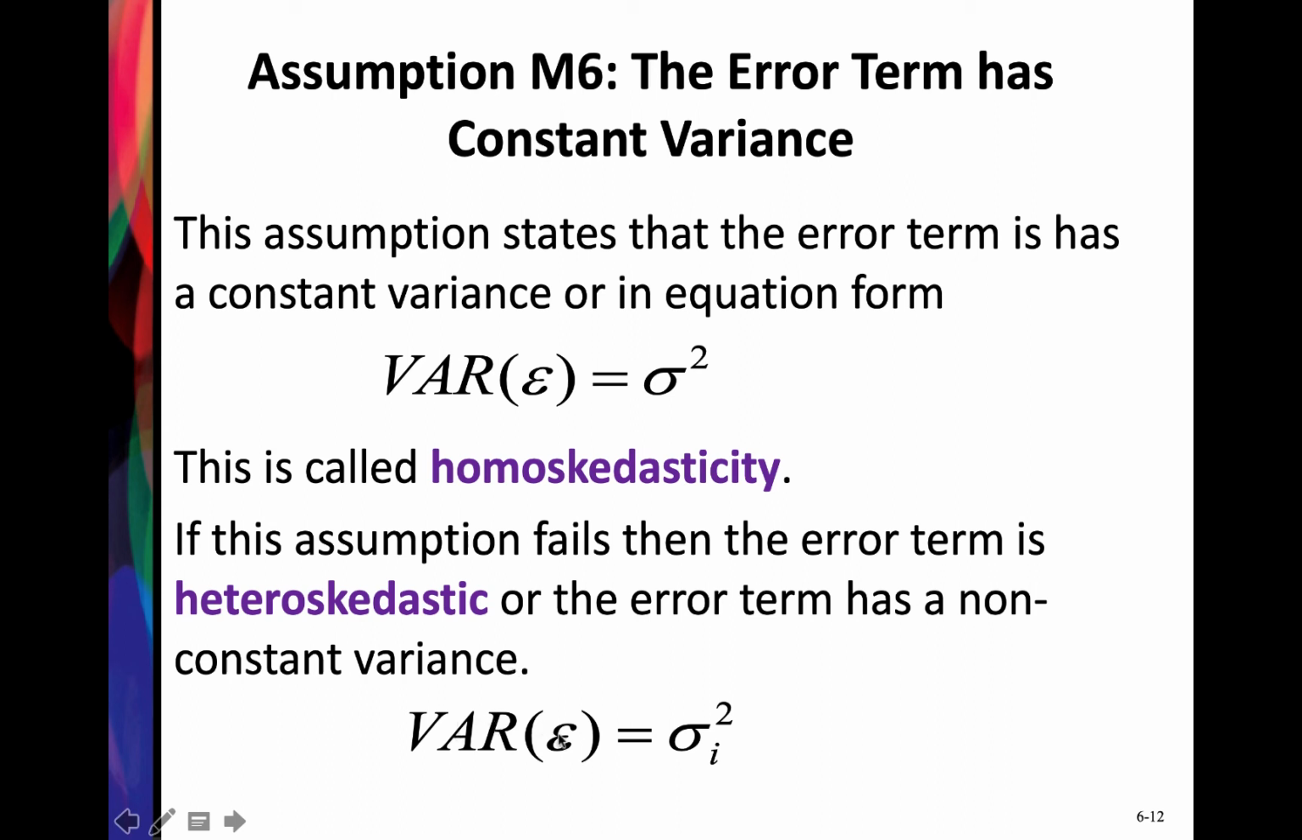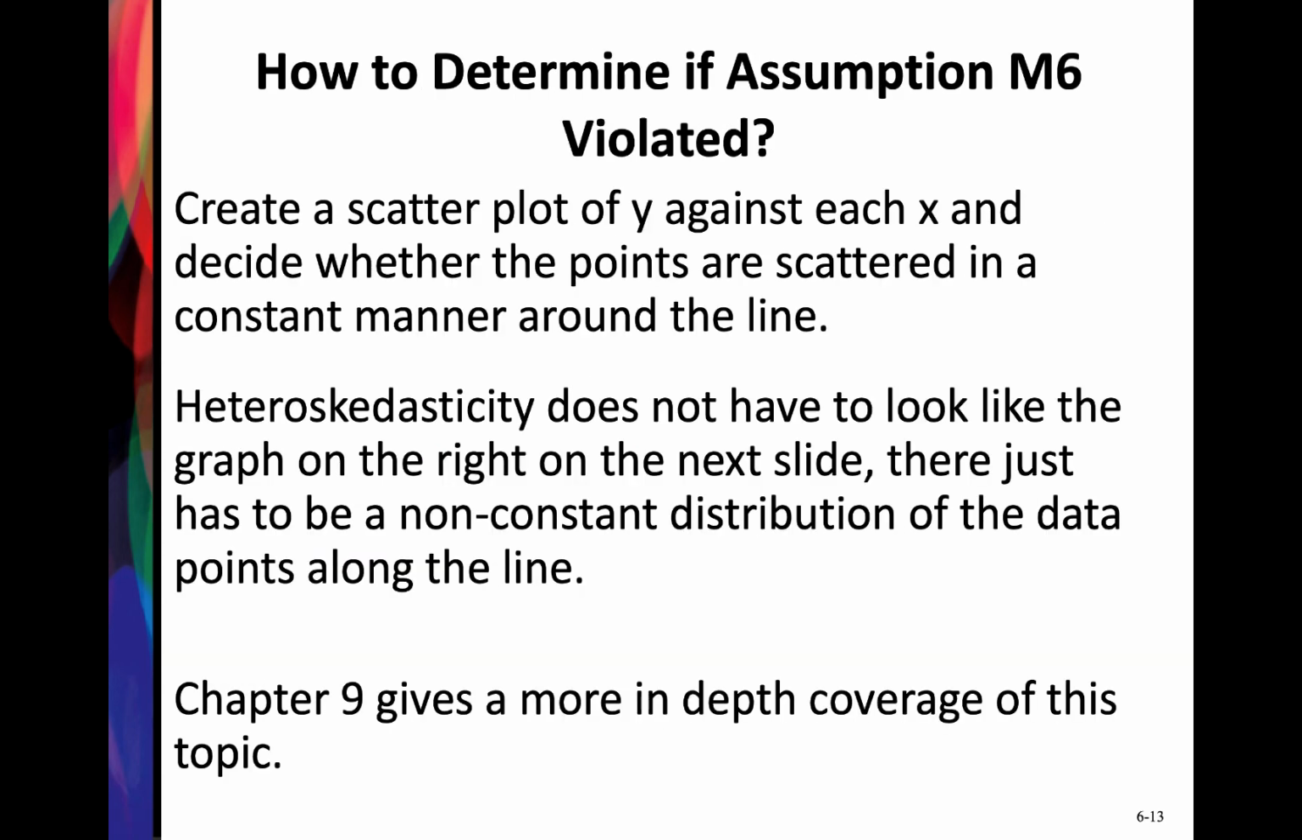So in this case, the variance of our error term equals sigma squared with an i subscript, and this i means that the error term differs depending on the observation. In the next slide, we can see how to determine whether or not this is violated. We have an entire chapter in the book, chapter 9, that talks about how to test and correct for heteroskedasticity. But in chapter 6, what we would do is create a scatter plot of y against each x and see whether or not the points are scattered in a constant manner around the line. That would be homoskedasticity, or heteroskedasticity,